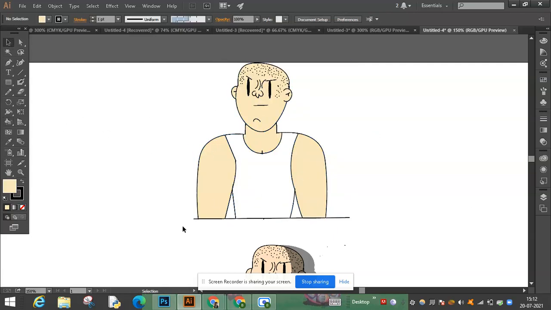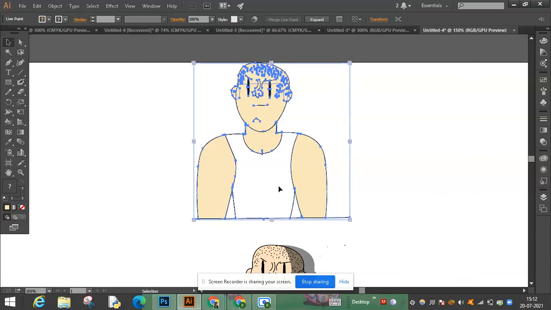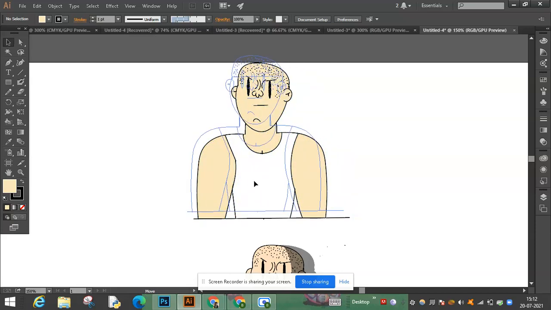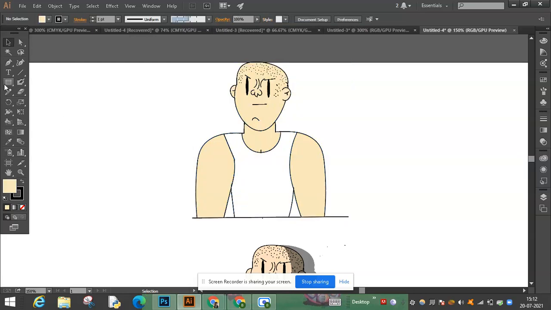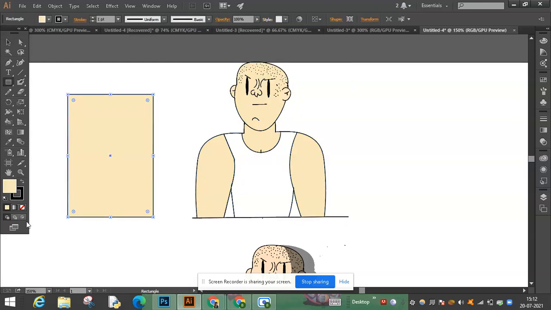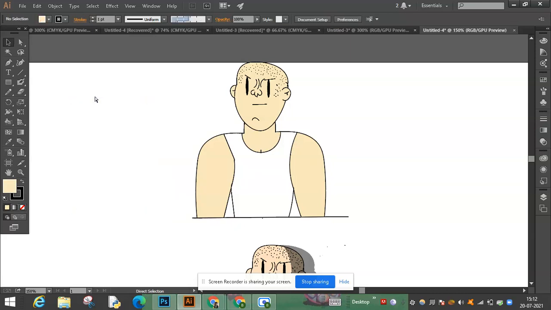One tip is don't leave any of these segments without fill. Even if it's white, just fill it in with white, because if you don't, you won't be able to move it with this. So for example, if I make a rectangle with no fill, then I won't be able to move it with this black arrow tool. I'd have to locate its edge and stuff. So fill the whole thing.